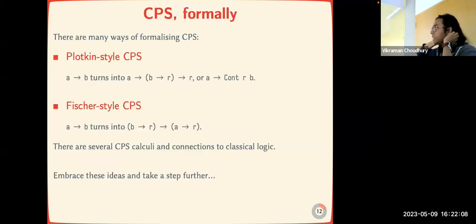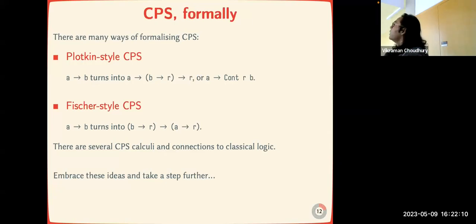Now, if you know the history of continuation passing and CPS, there are different ways of doing CPS. The oldest one, I think, is the Fischer style, where you turn a function a to b into b to r to a to r, which is a continuation transformer. Or then there's the Plotkin style, which is continuation in the second argument, so a to b to r to r. But that's the same as writing a to cont r of b. Okay, and all of these things have been studied very well, and continuations give you classical logic and control operators